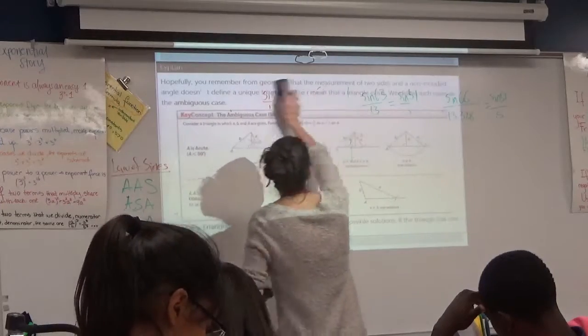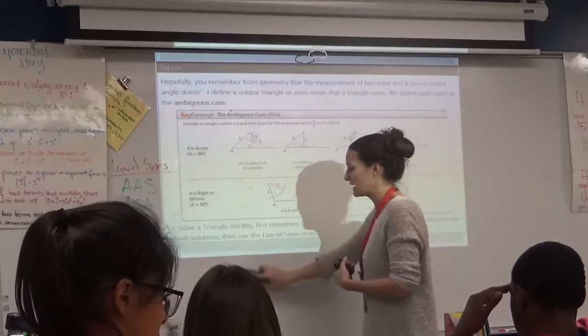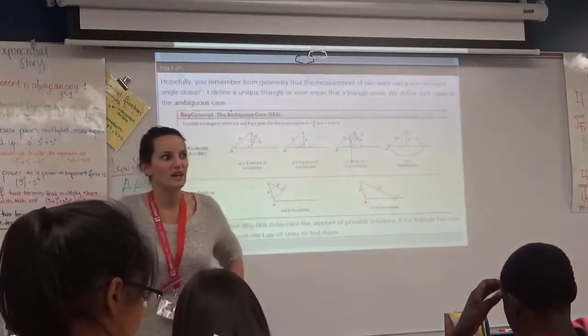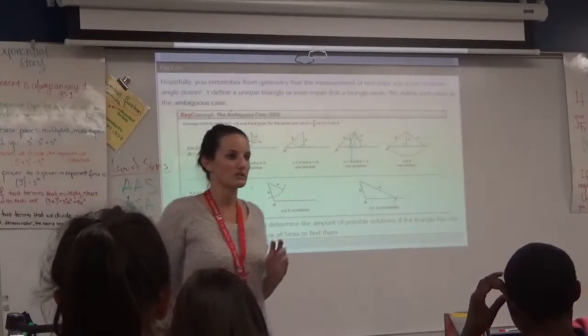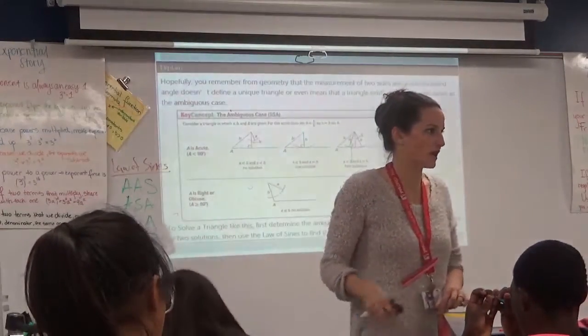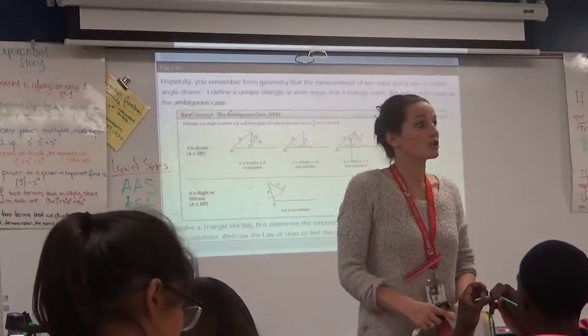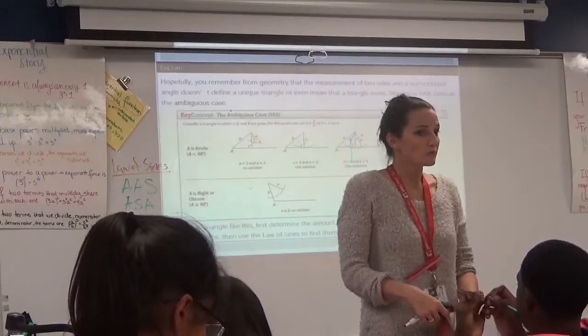Now, we're not going to see this a whole lot, and I wish I could spend a whole class finishing off law of sines, but realistically, we have a lot to get through still with our unit exam and quiz coming up, and I want to prioritize making sure I get to law of cosines, okay? So, I'm not going to talk a whole lot about the ambiguous case, other than the fact that what happens